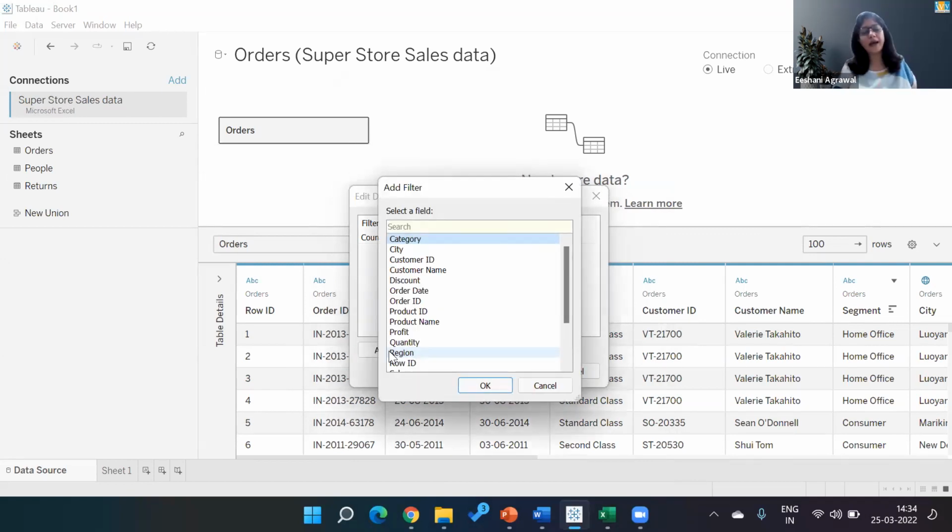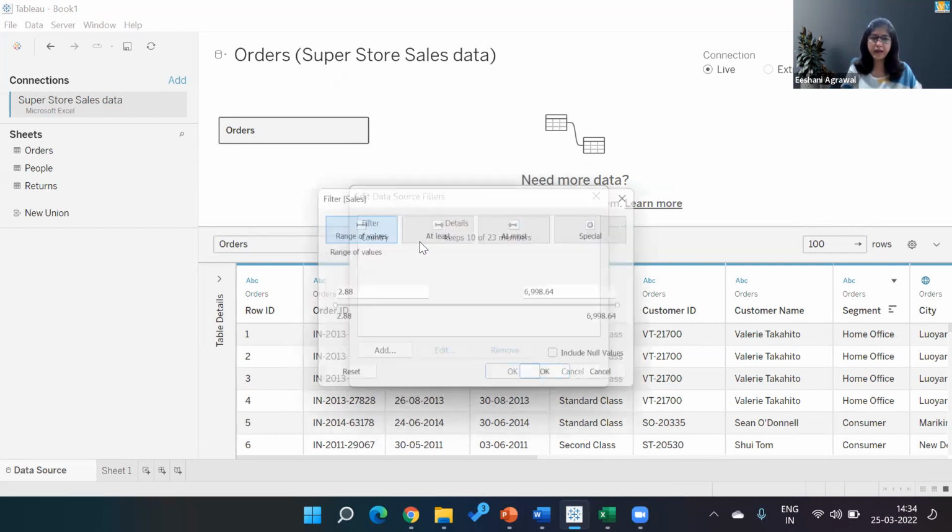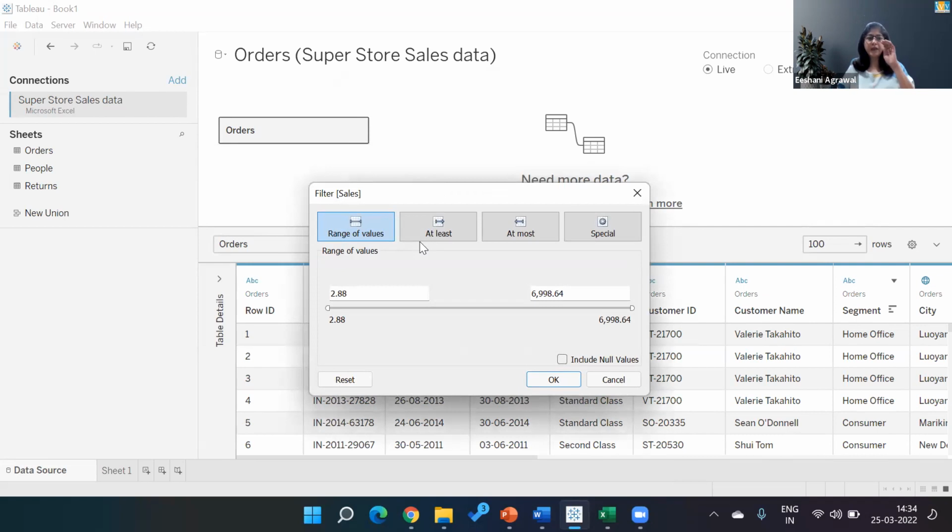Next, let's look at how a field which is numbers looks when it comes to filters. Over here, the filtering conditions have changed. It's not top 10 or a condition, nothing like that. It is typically what number conditions are, like a range of values, meaning between